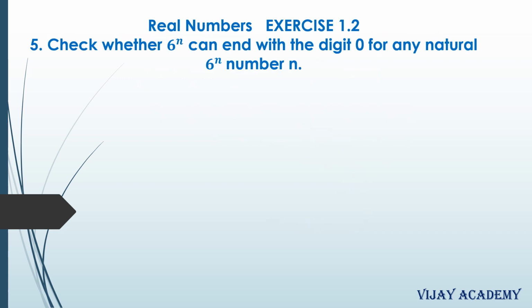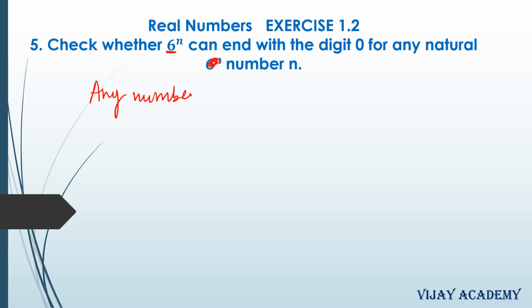So next question is, check whether 6 power n can end with the digit 0 for any natural number n. So here it's very simple. Any number that ends with 0 will be divisible by 2 and 5. But in the prime factorization of 6, we do not have 2 and 5. So when you write the answer, first you can write that any number